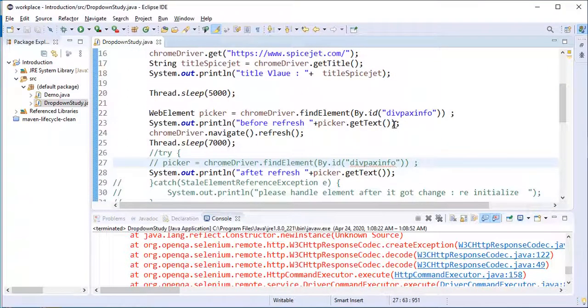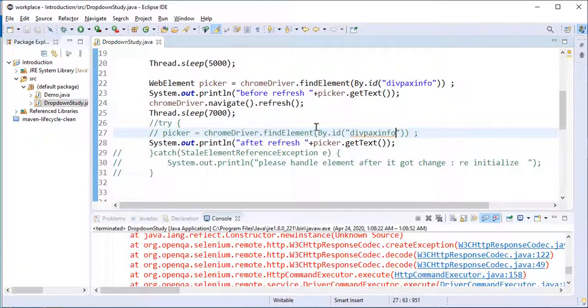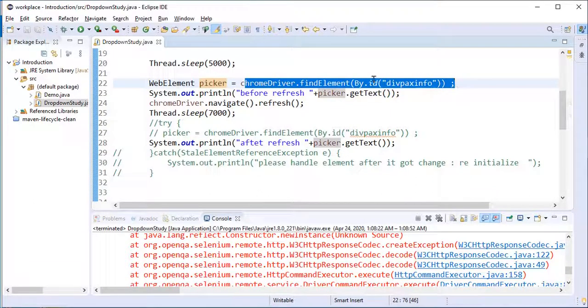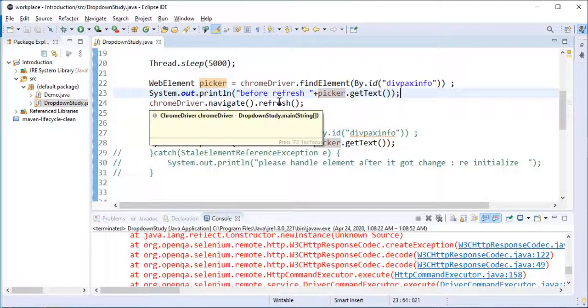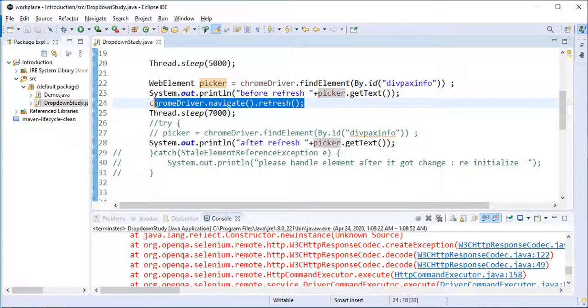Here, I have taken one element, the picker one, and I'm selecting it by div. I am taking the get text of that element, and I have used the navigate function to refresh the page.